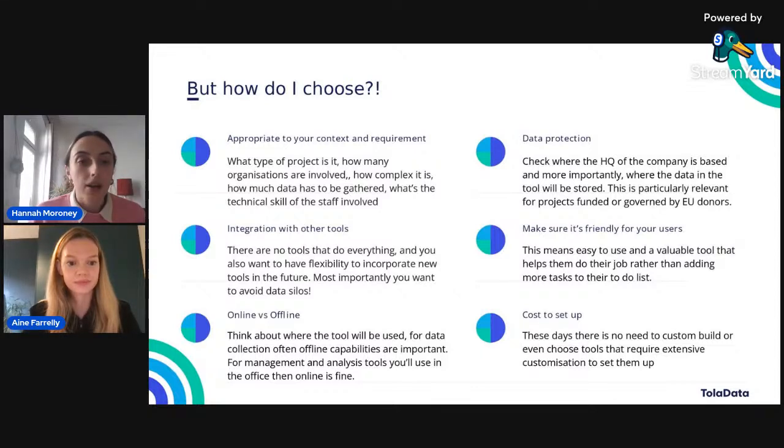This will always matter. There's no need, in my opinion anyway, these days, to build a custom tool. I think that's something that used to be quite common for different organizations to ask for custom tools to be built for their precise needs, but actually off-the-shelf solutions exist with options for personalizations if necessary, and they're so much more cost effective than any of these custom build tools.